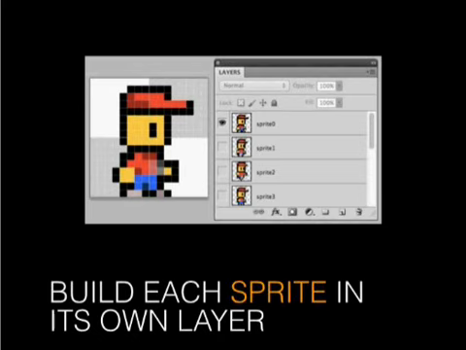The actual PSD will be the size of the sprite in the end. In this case, this guy is 16 by 16 pixels. So when I run my script, it's going to make however many layers multiplied by the size of the canvas, so it's going to make it that wide. Here's an example of what it outputs.